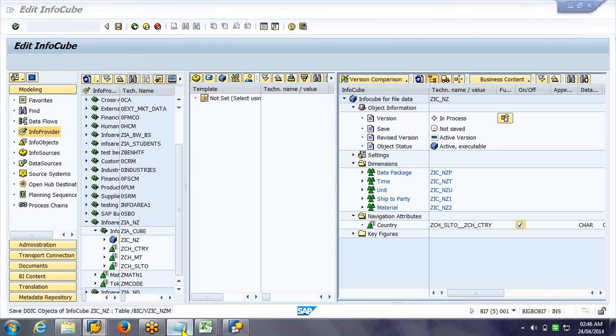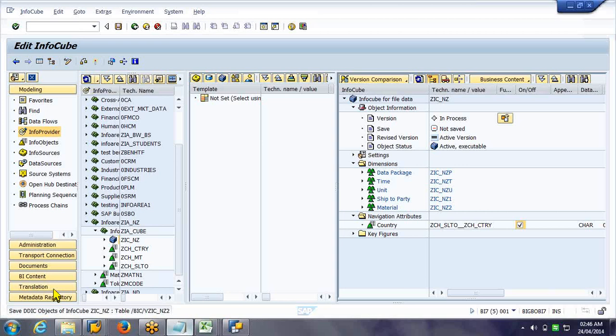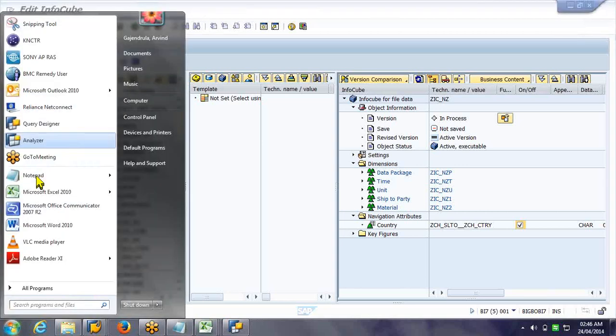So by default it is not available? Yeah, it's not available.